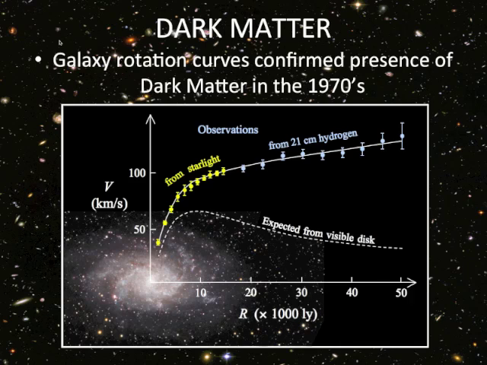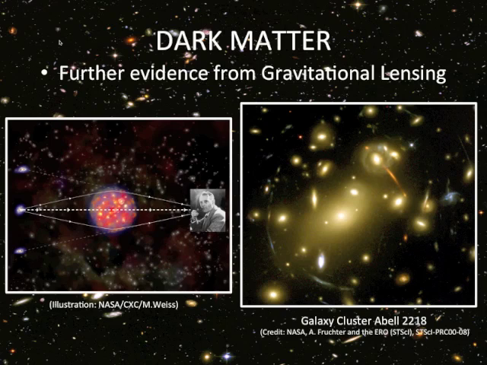You can measure basically how much mass there is in this galaxy, right? And when you do that, you get the same problem. You need roughly 10 times more mass than you can actually account for by just summing up all the stars and all the gas that lives in there. Now, there's further evidence for the existence of dark matter from a phenomenon that we call